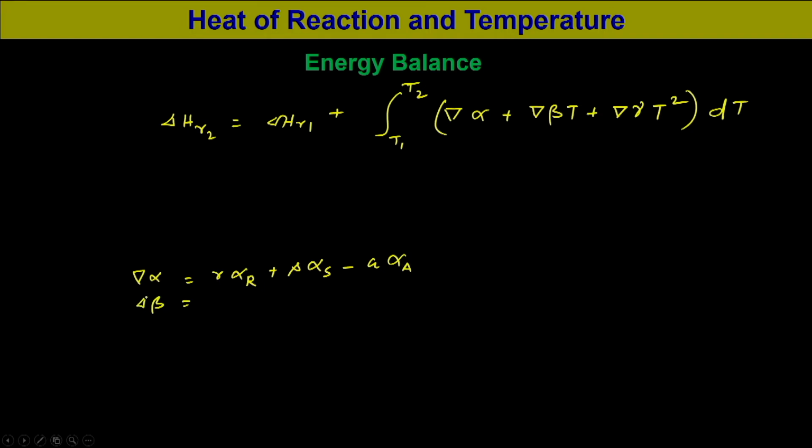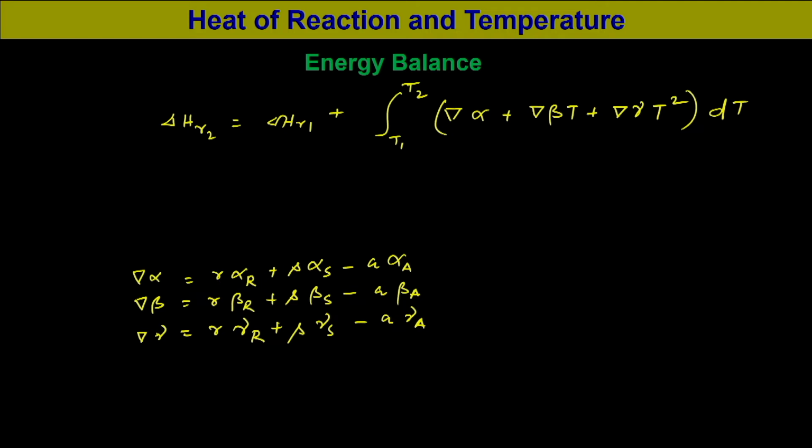Similarly, delta beta is equal to R beta r plus S beta s minus A beta A, and delta gamma is equal to R gamma r plus S gamma s minus A gamma A. So, this can be integrated and we can obtain